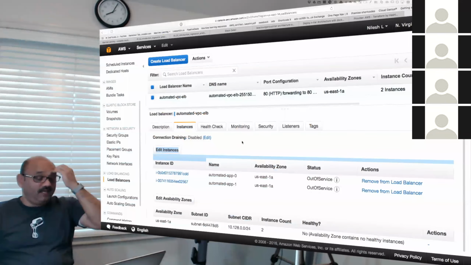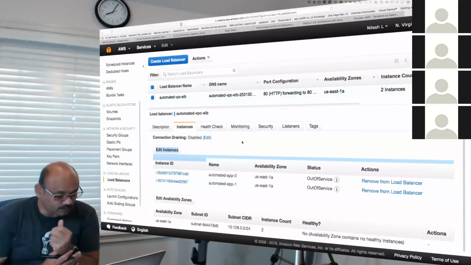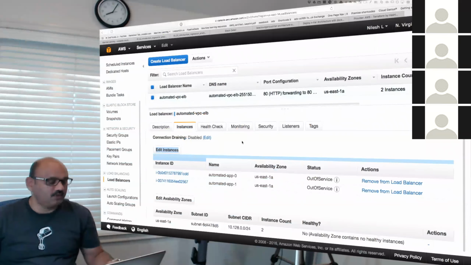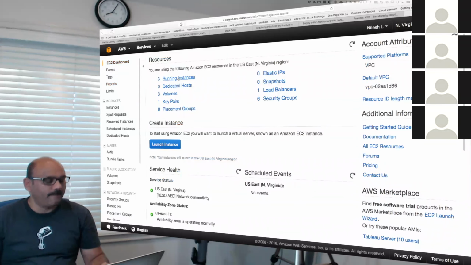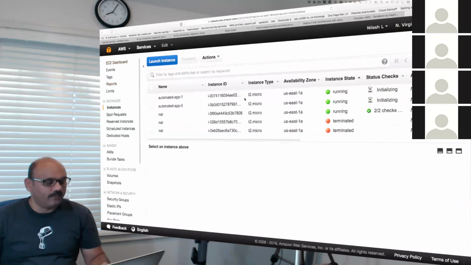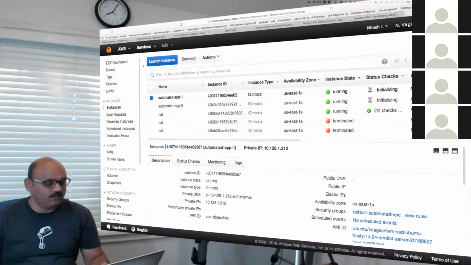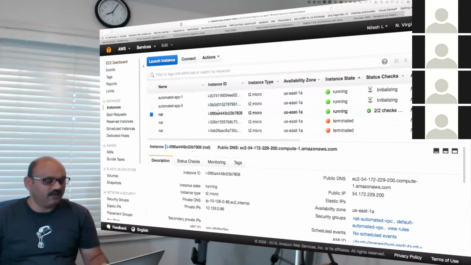In the meanwhile, let us go and examine those two machines directly. We have them running Docker Cloud, and we have this NAT machine up and running that we can use as a jump box to go in there.